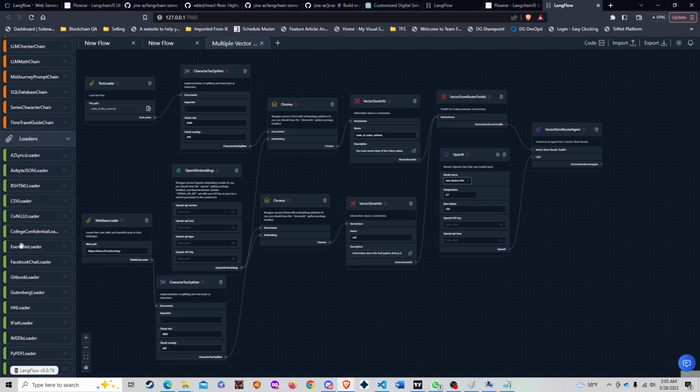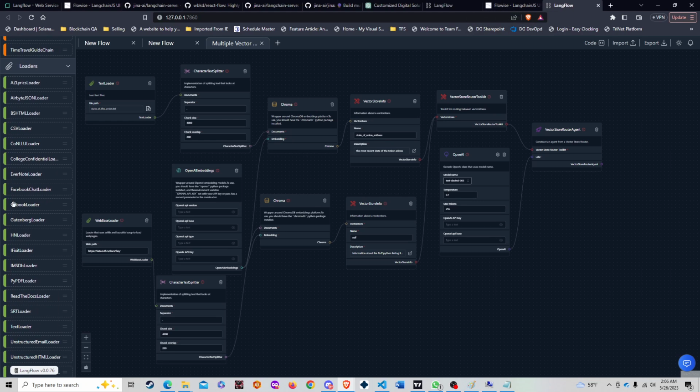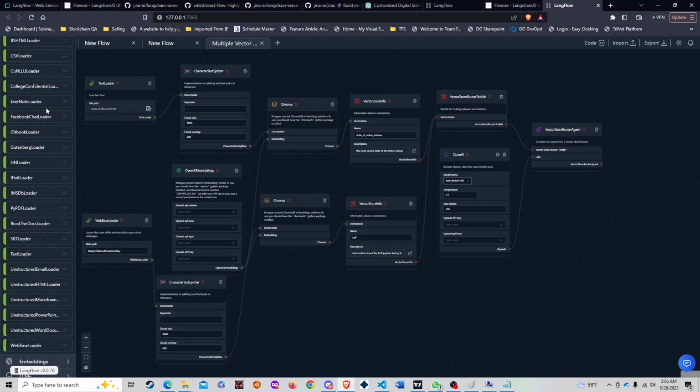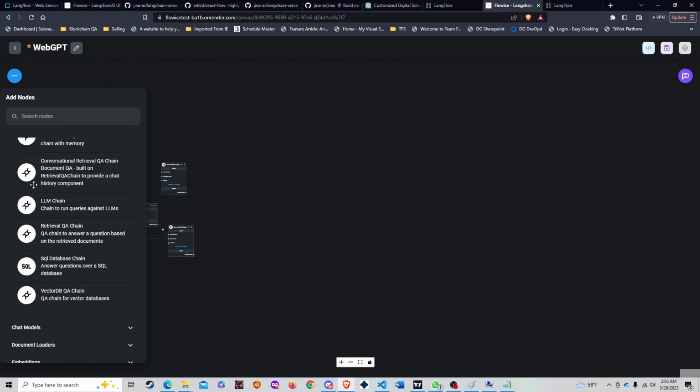We got loaders. So this is what I see, that LangFlow has a wider selection and somewhat of a different selection, I'd say more specific and more in-depth selection. Certainly when it comes to loaders, they got a lot of loaders here. All right, if you go to